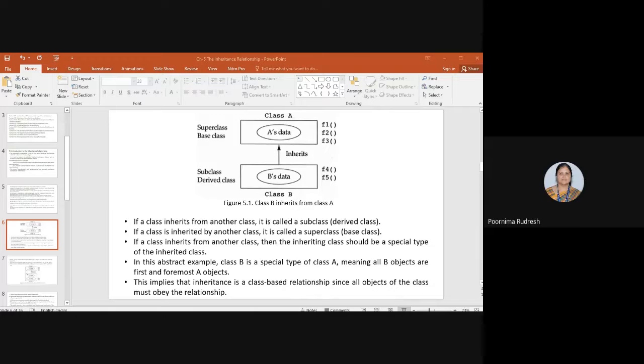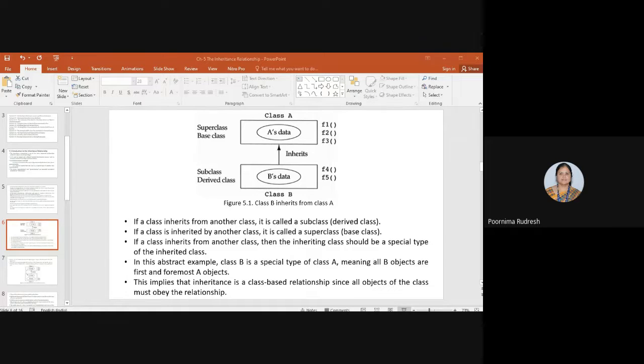So we are talking about the subclasses and the derived classes, right? So here, if class B inherits from class A, then class B is said to be a subclass or derived class. And if class A is inherited by class B, then class A is said to be a superclass or base class. Here, class B is called the inheriting class and class A is said to be the inherited class. Clear? You know all of you, right? What is a base class, derived class? No need to explain it once again, right? Here, see this diagram. Class B is inheriting from class A. Class B is called the subclass or the derived class, where class A is called the superclass or the base class.